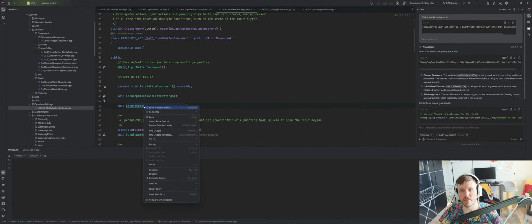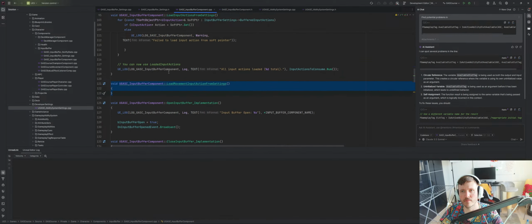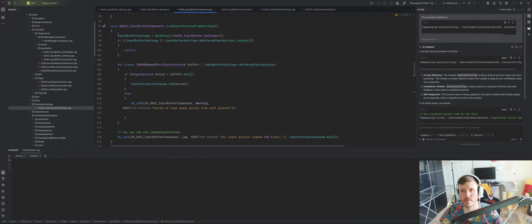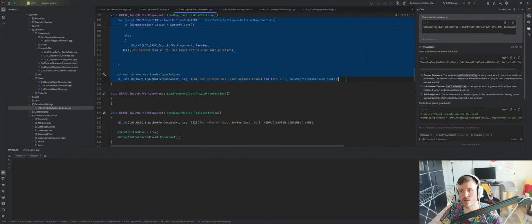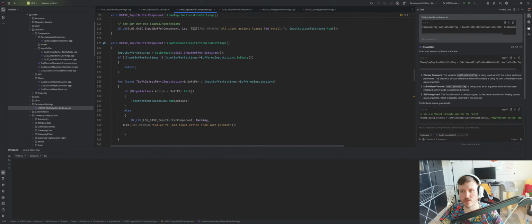Something to that effect, I guess. Just going to grab this, change it. So input settings, yes, yes, yes. We do not care. And then we would say